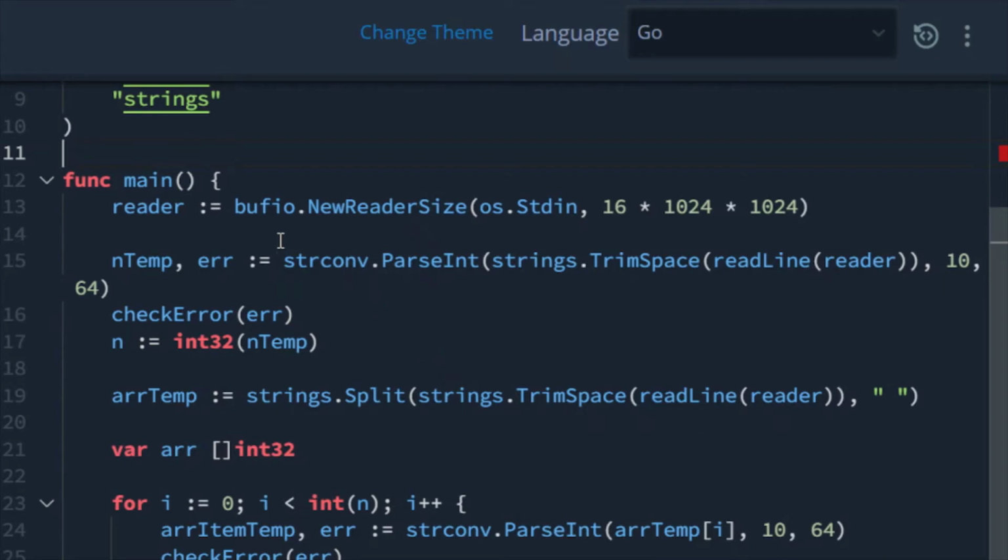In the editor code, we are reading the input's first line and converting that into integers, and again converting that into int32. Basically, in the first line we get the array size.